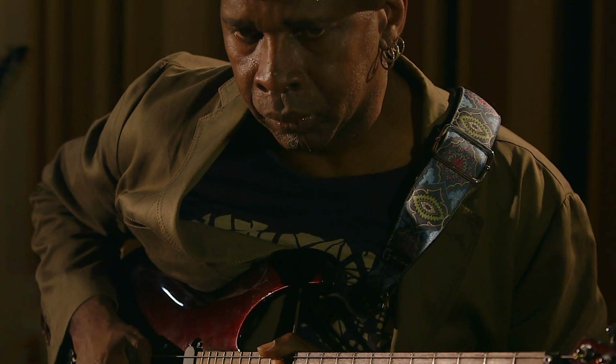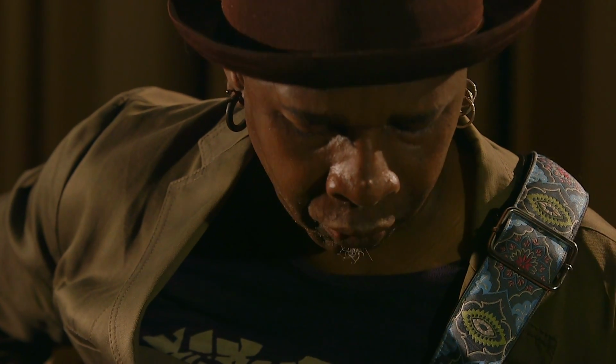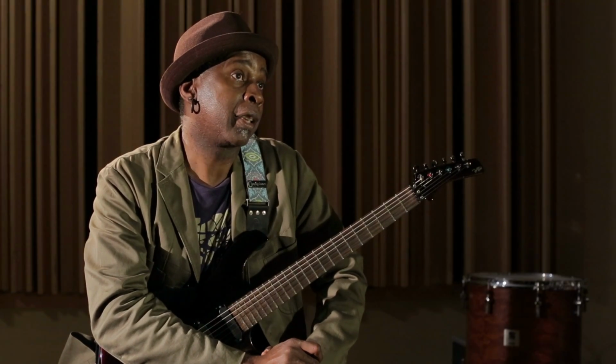And the sounds that are going to be on this page are going to be available at bosstonecentral.com. There are a lot of great guitar players and great programmers that have put up very cool sounds. And the stuff is there for free. You download it. That's something that's very, very cool. The new editor for the GP-10 and the GT-001 is really